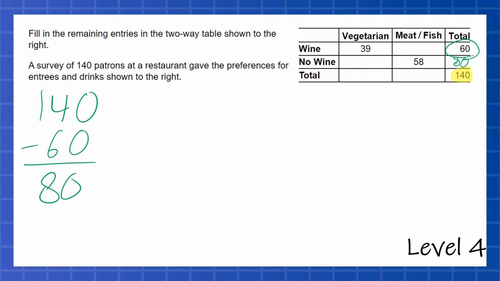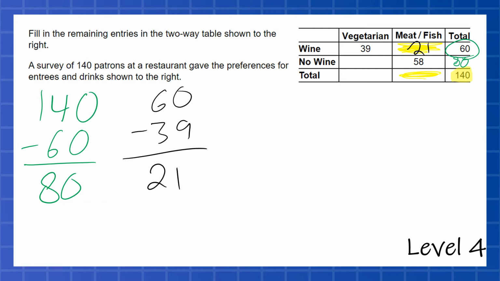And then we're going to fill this out like sudoku. So now we've filled out that whole total column, but we're going to look for anywhere else we might be able to fill out. I notice that I can fill out this part right here, because I know that 60 people total ordered wine, and 39 of those people ordered the vegetarian. And so that leaves 21 people to order the fish or the meat. Now I can actually use that number to calculate how many total people ordered fish or meat. I can calculate that real quick by saying 21 plus 54,